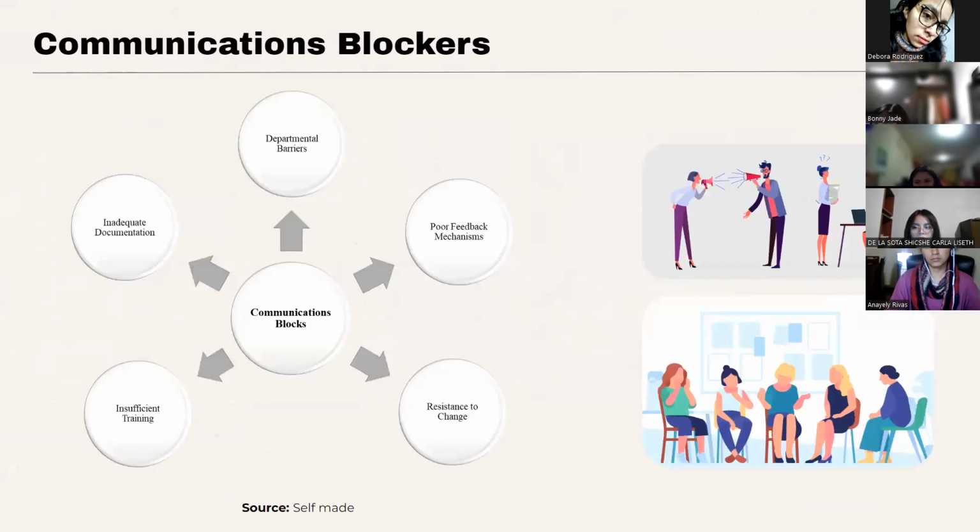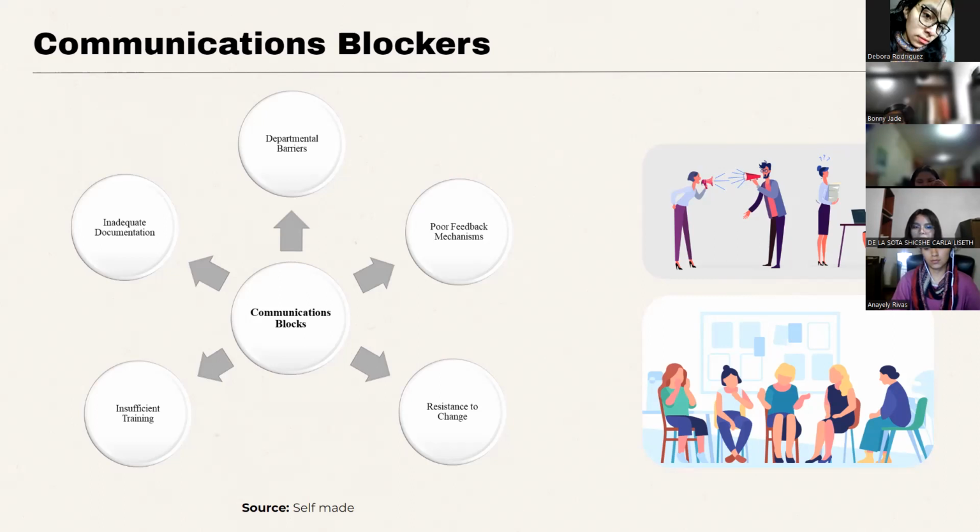We also have here the communications flow curves. In this project, several communication blockers could potentially arise. So identifying and addressing these blockers is crucial for ensuring the success of the project. In the figure, we can see some communication blockers that may be relevant to this specific project. So, for example, we have that